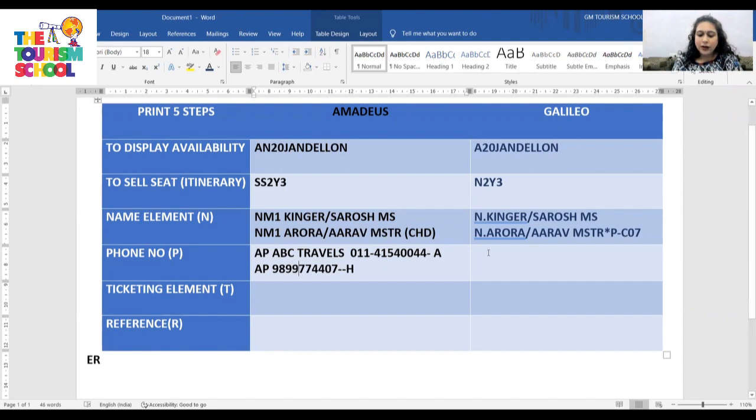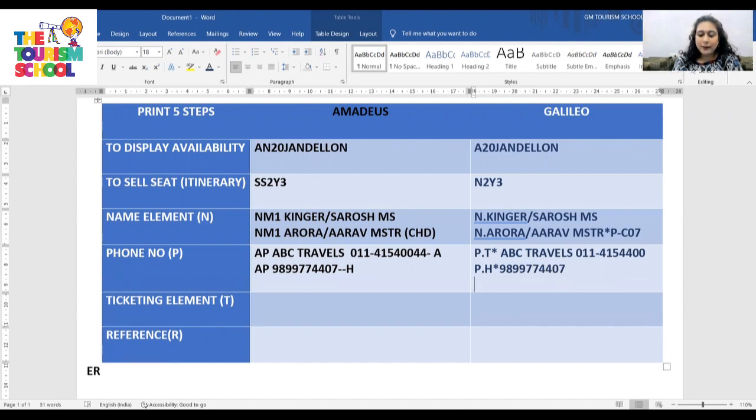And the similar entry in Galileo would be done as P dot T star. T star means you're going to add contact detail of the travel agency. So you can type the similar entry using this command in Galileo. And if you wish to type the number of the passenger, then we use this command, which is H star. H stands for home contact, B stands for the business contact, as I just mentioned, and the number.